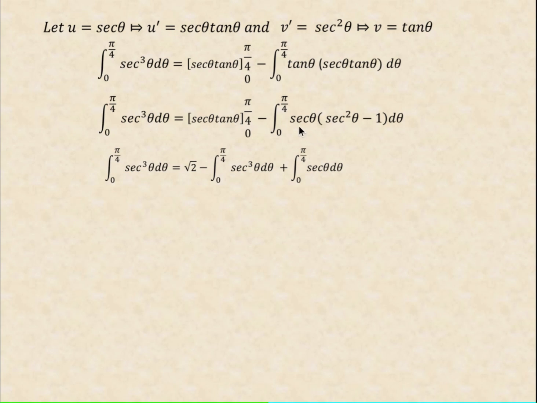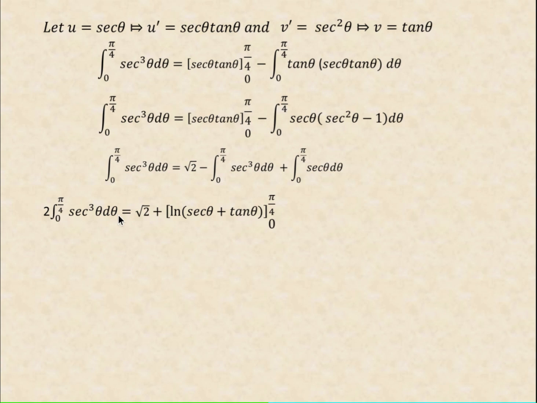In the next step, we proceed to expand the integral there. So sec theta times sec squared theta will give sec cubed theta, and sec theta times negative 1 will give negative sec theta, times the negative sign, they will now give positive sec theta. And at this point, we note that this integral is identical to the one we are seeking to get, so we send it to the left hand side. We'll add to the one there to give twice the integral from 0 to pi over 4 of sec cubed